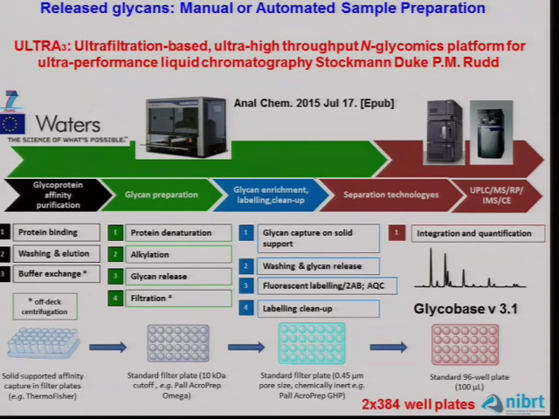So you need to make sure you use the right conditions for the PNGase release. You then need to use the right conditions for the labelling, because if you don't use enough label, again, if you just keep diluting the label out, finally the fucosylated structures will fail to label in preference to something else. So it's absolutely crucial to use the right conditions, and it's very important to clean up,